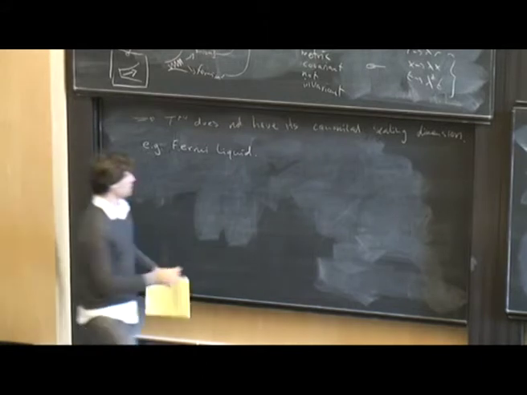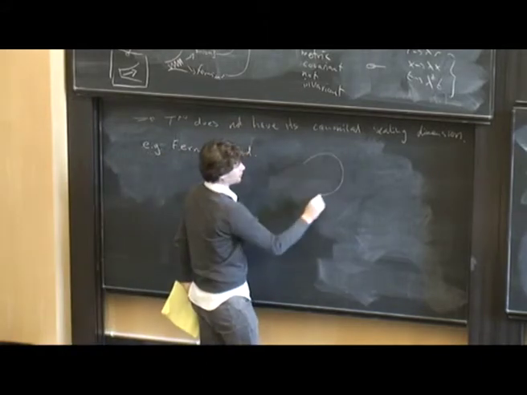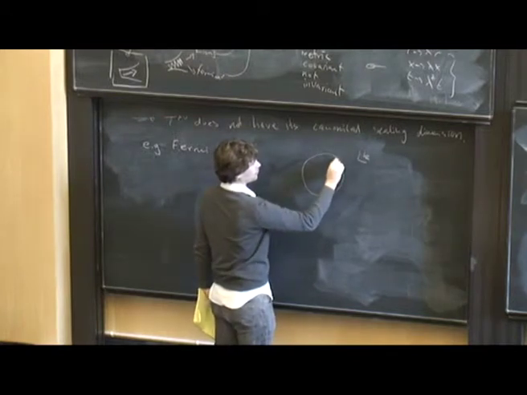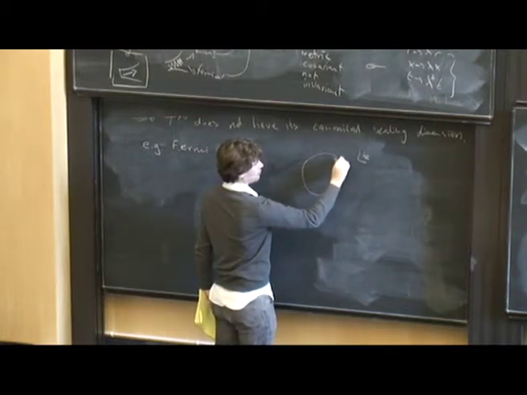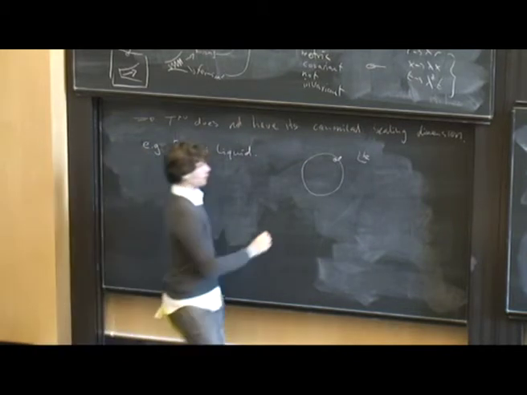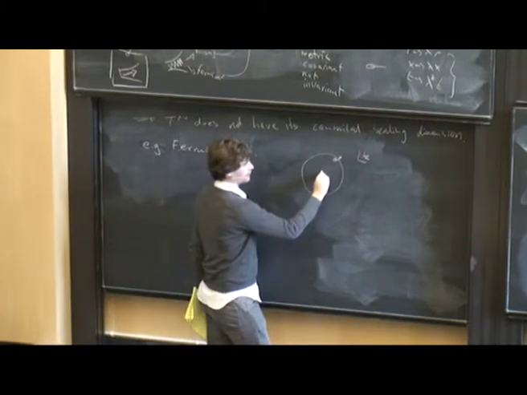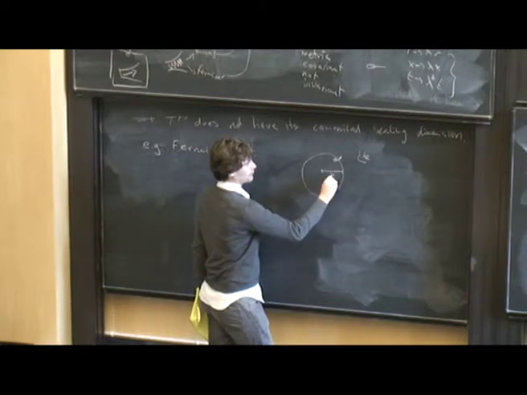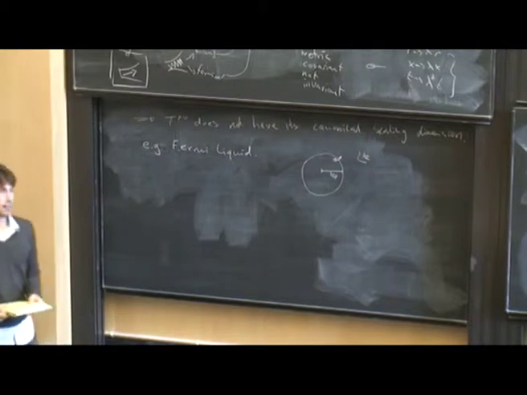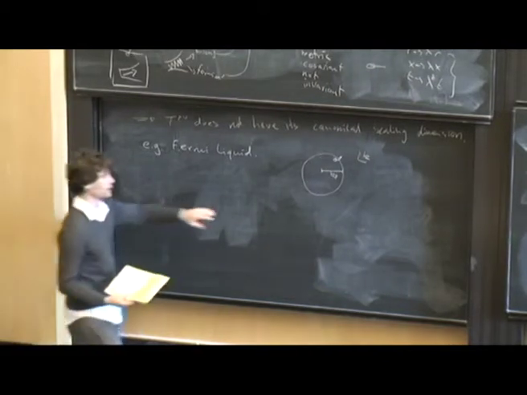Remember that in a Fermi liquid you had this surface in momentum space, and the low energy excitations were these particle hole excitations of the Fermi surface. And when you zoom in at low energy, there's a scale, Kf, that doesn't decouple from the low energy description. And so when you calculate things like the entropy,